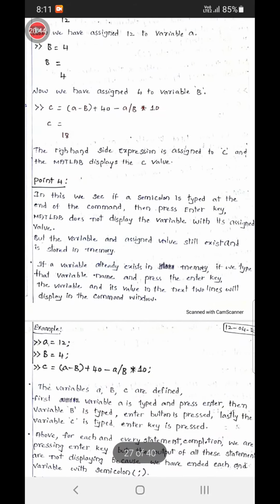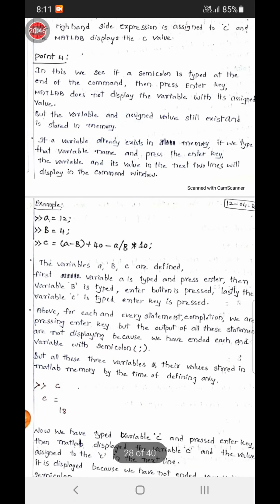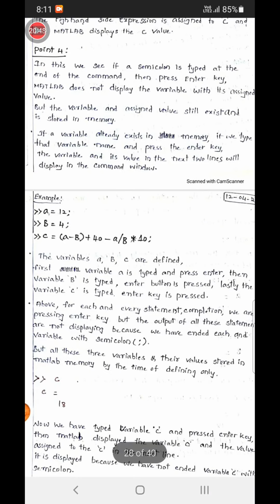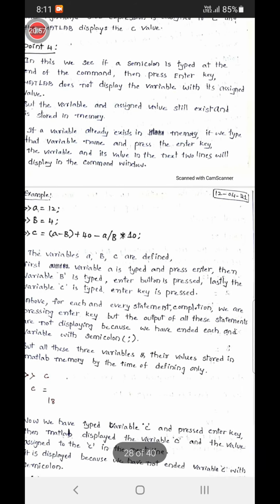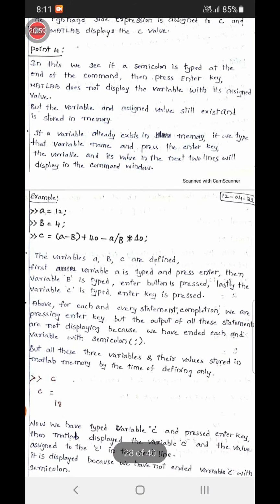And see point 4. What is point 4? See the example and see the point. If a semicolon is typed at the end of the command, then when we press the enter key, MATLAB does not display the variable with its assigned value, but the variable and assigned value still exist and are stored in memory.